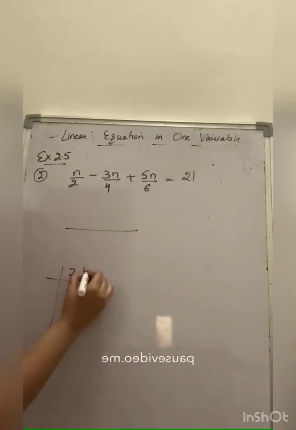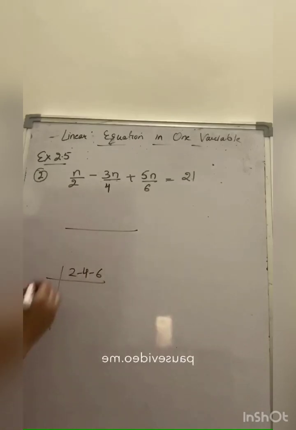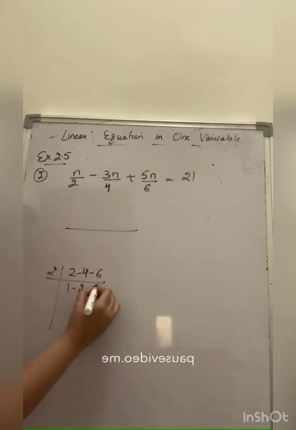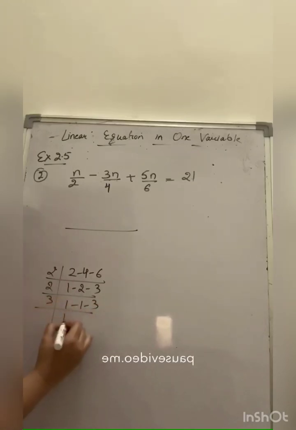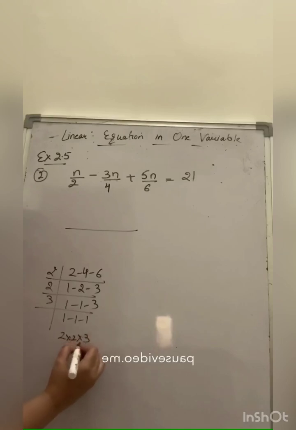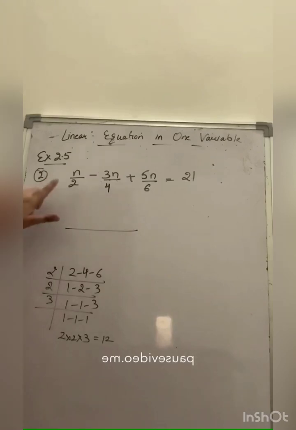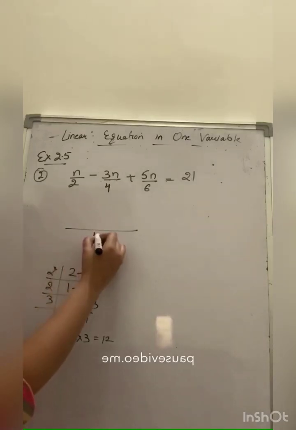Whenever you take the LCM, then always take the LCM in the pair. So we can see the LCM of 2, 4 and 6 is 12. The LCM is 12, right? If you know that the LCM of 2, 4 and 6 is 12, then you can write orally also. But if you are finding it out, then better to find it in the pair only. So now 12 is the LCM.